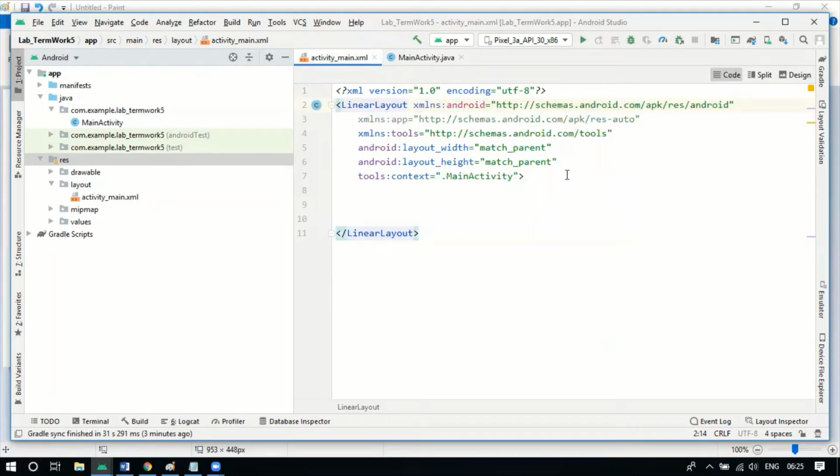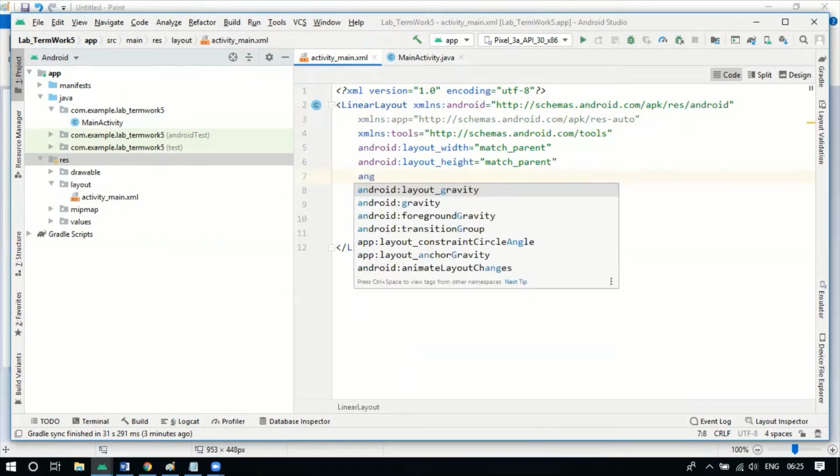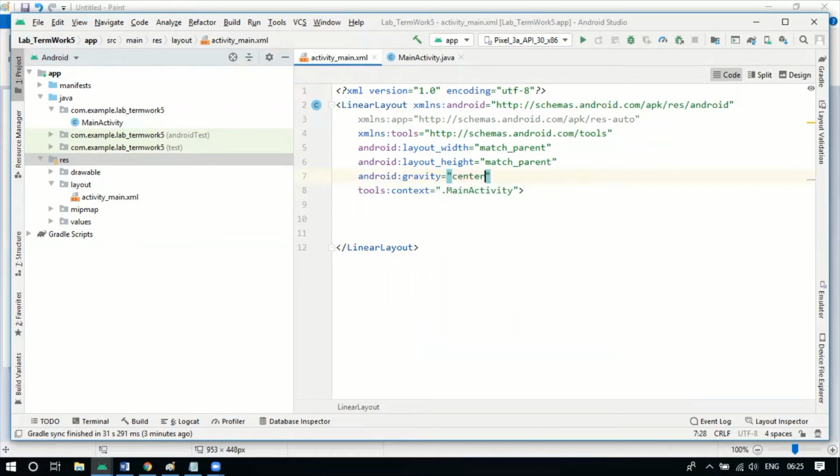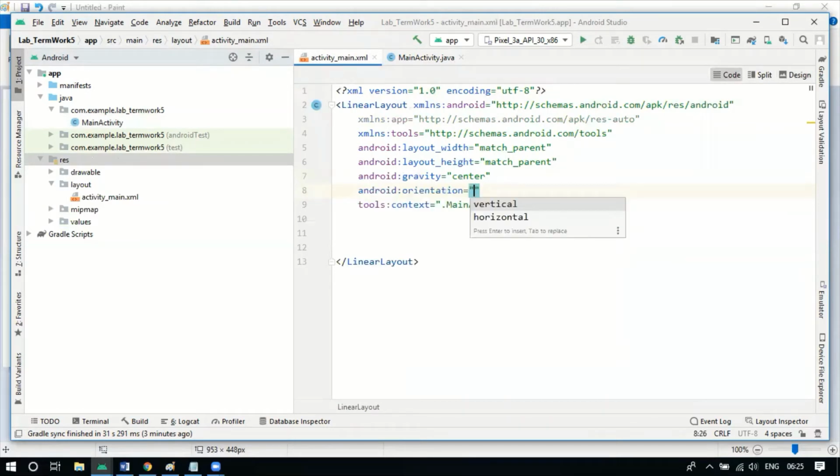We'll set some properties: the layout width and height will be the same, then android gravity as center, and orientation will be vertical. This is about the linear layout.